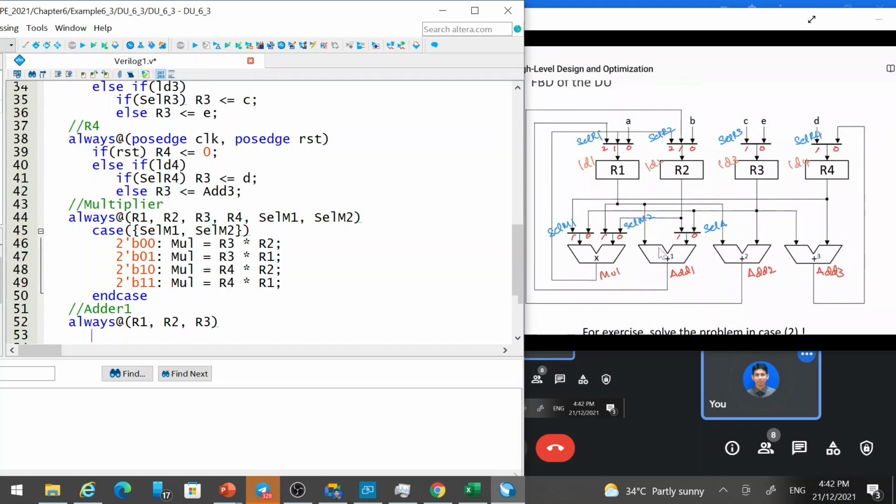We only have this option, so we can use an if-else statement. If SELA equal to 1, the output must be R1 plus R2,